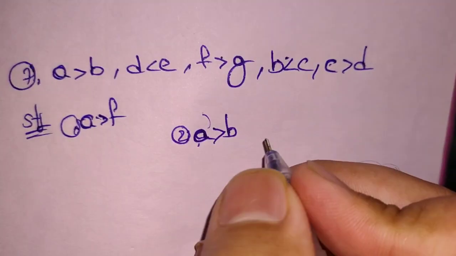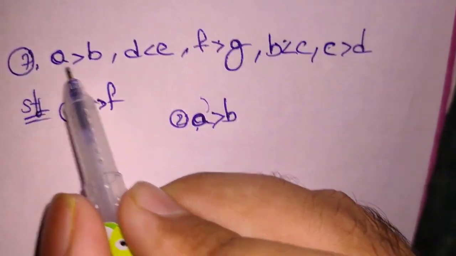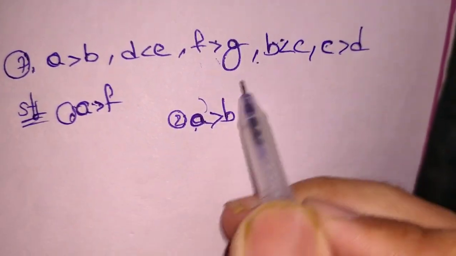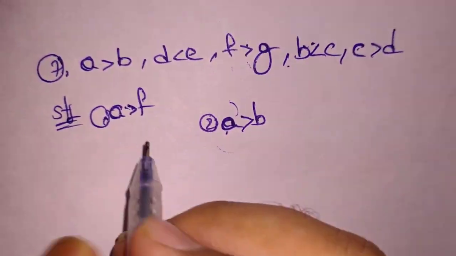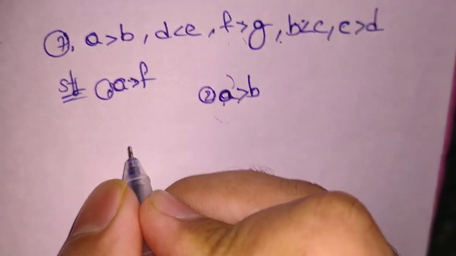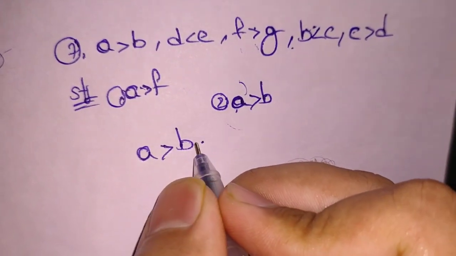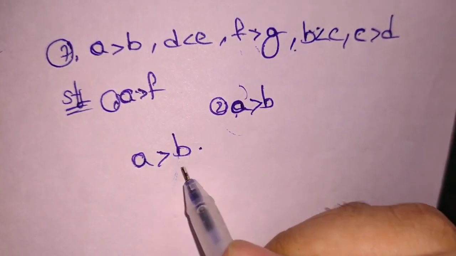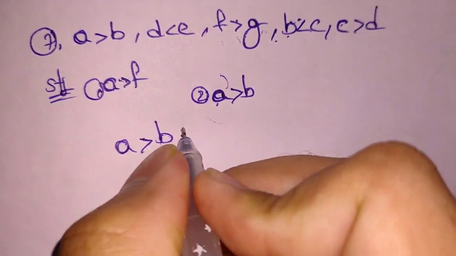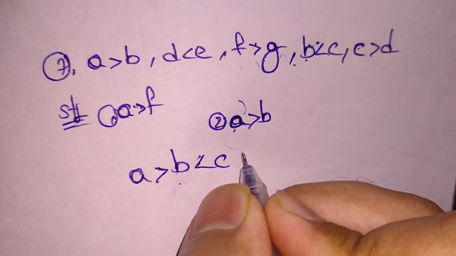We will move to another part of inequalities. We have this type of question. They won't give you the complete question, but instead they will give some parts of the question, and you have to arrange the question and find whether these statements are true or not. So we will see how to find and make questions from this. A greater than B, and we have to find the relation between B and C. So B is less than C. We have to write it, B is less than C.